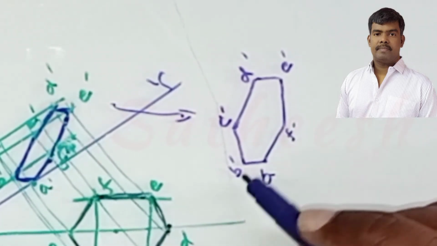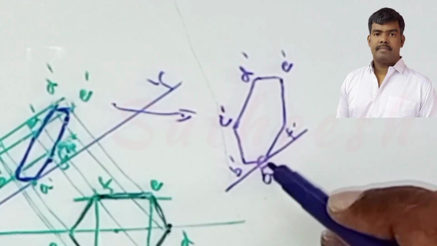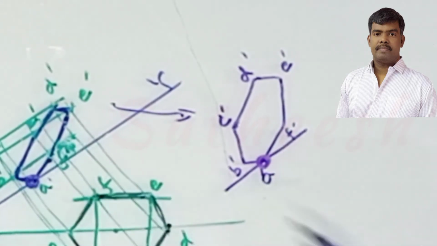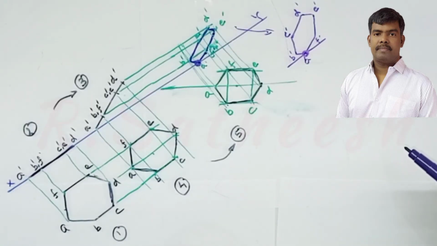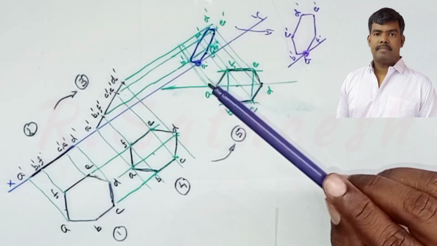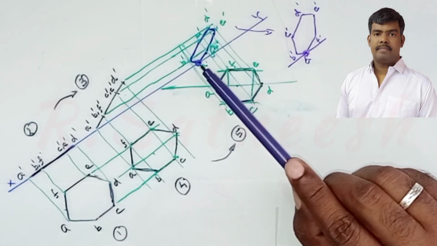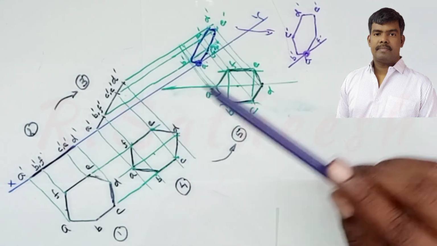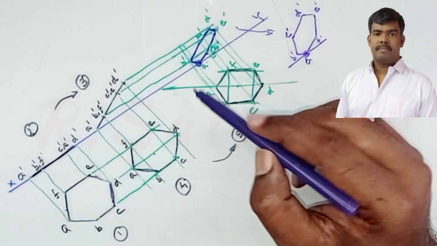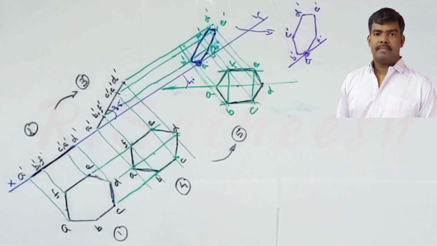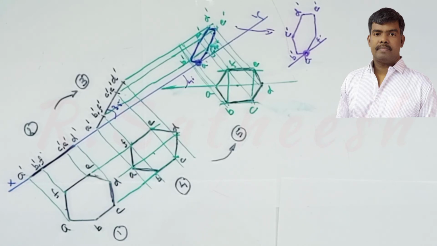Clear? In this case, only point A lies on XY, that is, on HP. So let's check whether our problem is correct as per the condition. A corner in HP, yes. Next, the surface makes an angle of 35 degrees and the top view is inclined at 40 degrees. That's all. So this is the solution. Clear? Thank you.